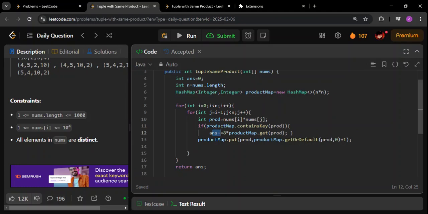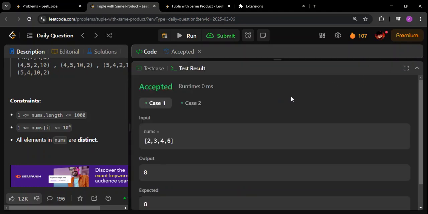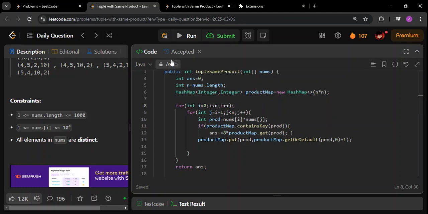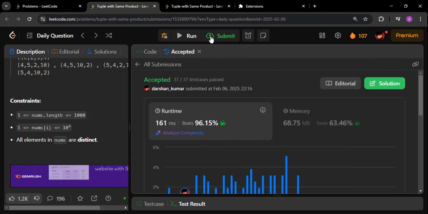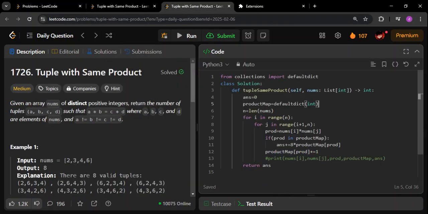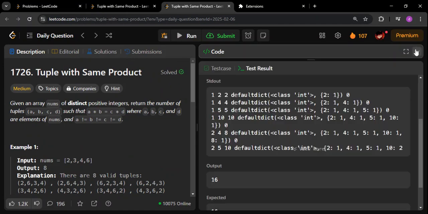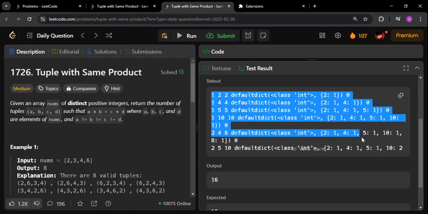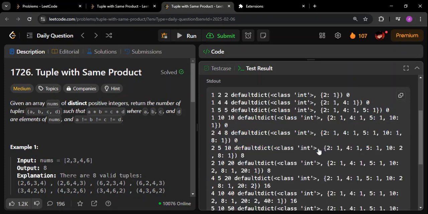Let me quickly run this and show you too. As you can see, this clears all the test cases, and this solution is beating 96% of the solutions. And yeah, this is the Python solution. I have already mentioned these things, you can go through it. If you have any questions, do let me know, but I want you to learn this on your own,